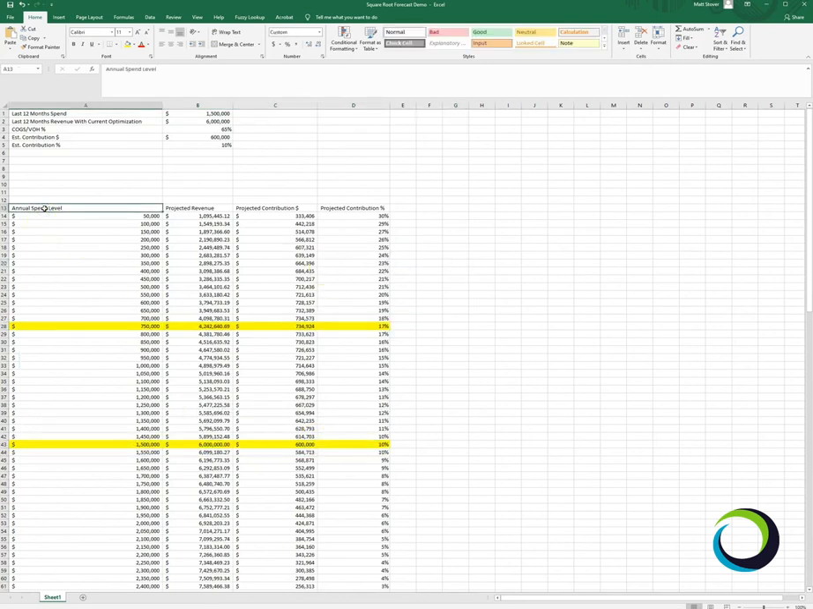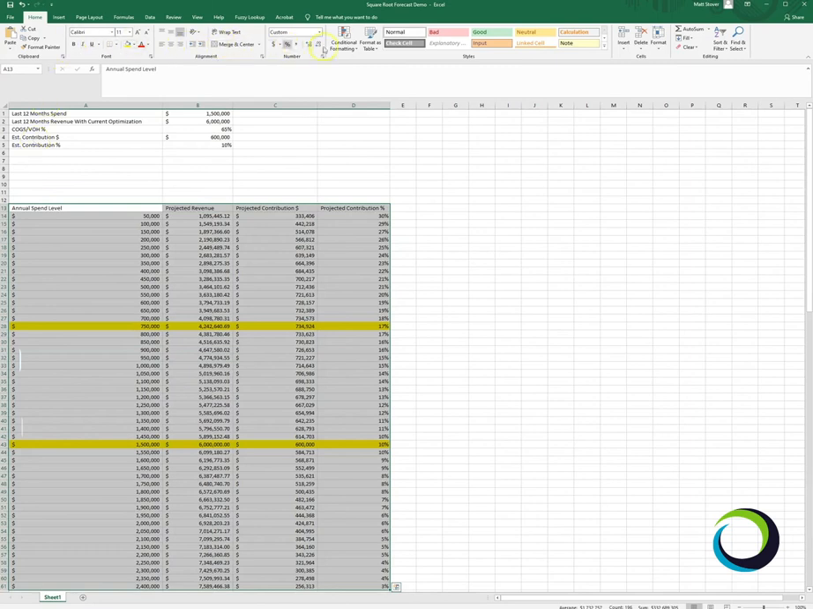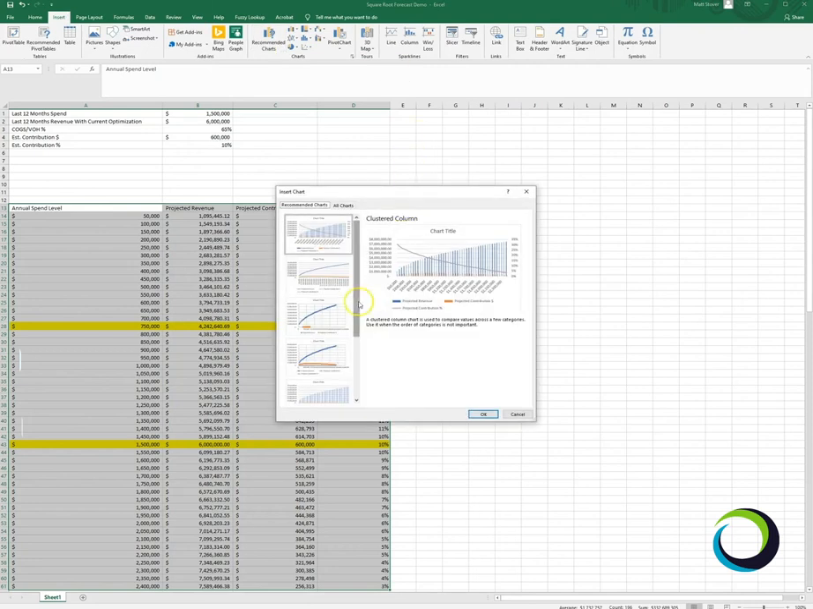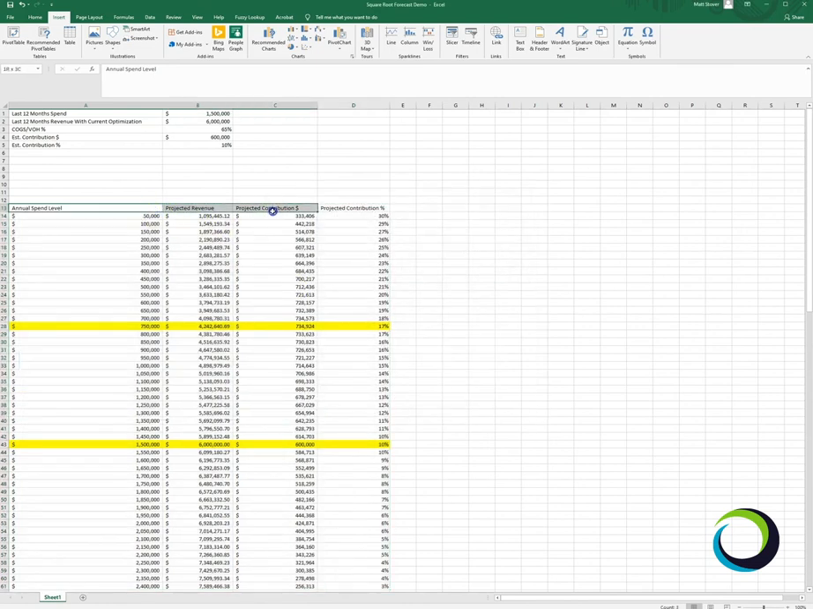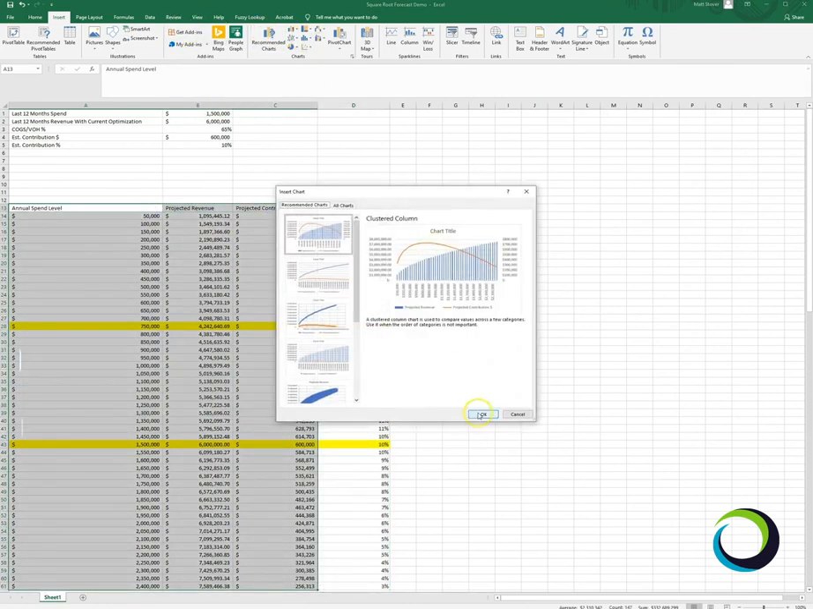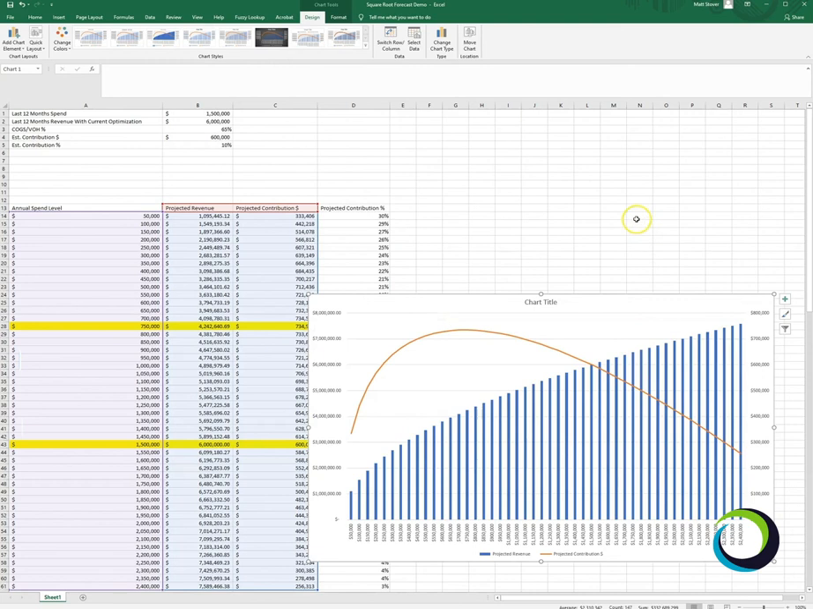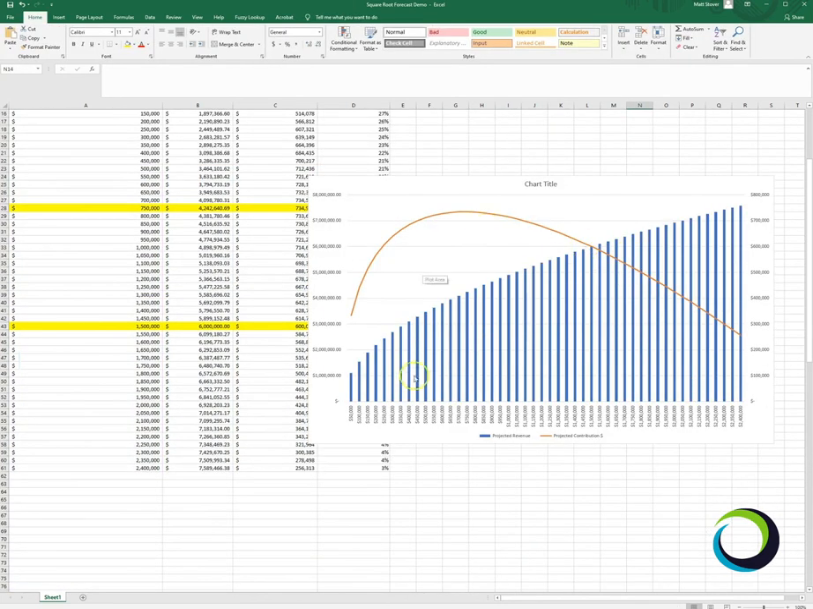And I'm going to put this in a chart to make it a little bit easier to visualize. I don't need to plot our margin percent. All right, so you can see here in this chart, the orange line is going to be our projected contribution